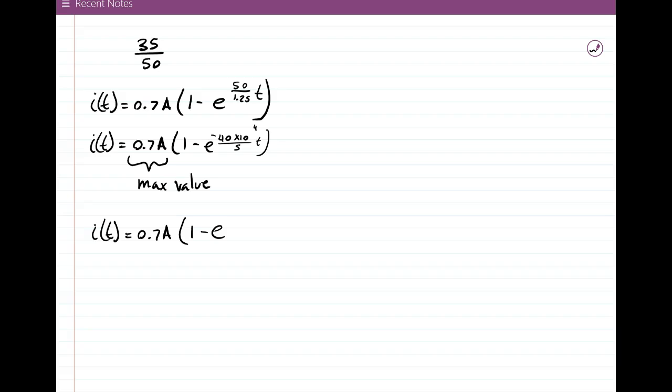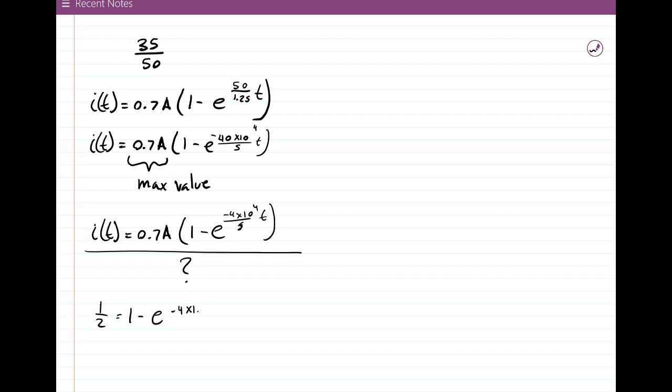Anyway, now I'm going to add this e to both sides and subtract 1/2. So 1 minus 1/2 is 1/2. So e to the negative 4 times 10 to the 4th per second times t is equal to 1/2. I don't like the negative sign, so I'm going to take the reciprocal of both sides. So I'll flip this. This side becomes 2, this side becomes e raised to the positive